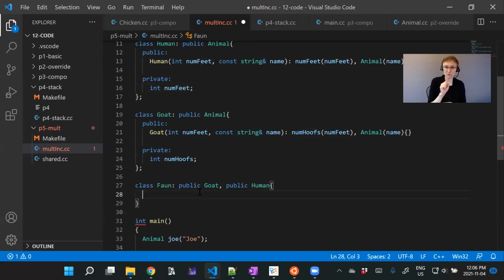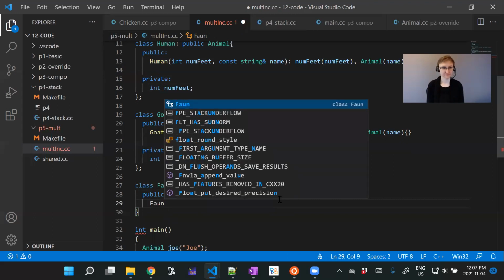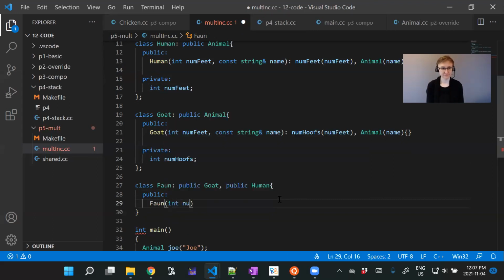All right, maybe number of arms or something, but for this example, this is what we'll use. So this will have one constructor that takes int num feet, int num hooves, and